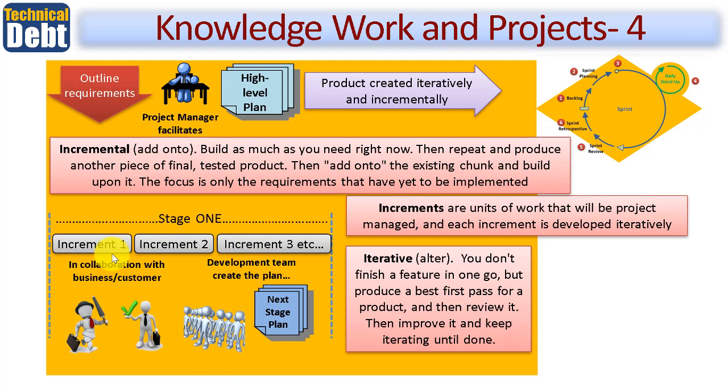So here's how it might look in stage one of an Agile type project. If you're calling it stage one, you'd have one increment, then a second increment, and a third increment. Each increment might be fulfilled by one sprint or several sprints. And in Agile, you'll be working closely with the business and the customer and the users. And the development team will be creating the plans as they go. Indeed, you will have a sprint plan back here at step 2, in detail, just with regard to that sprint.